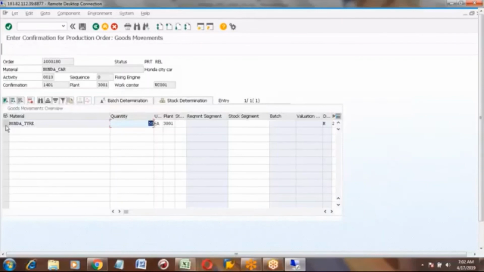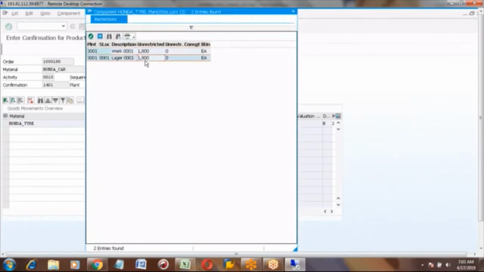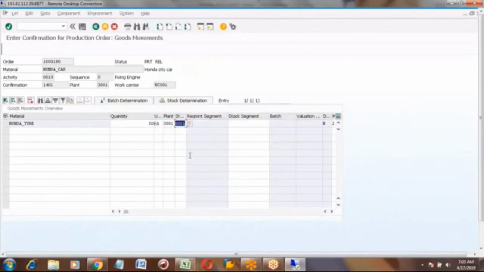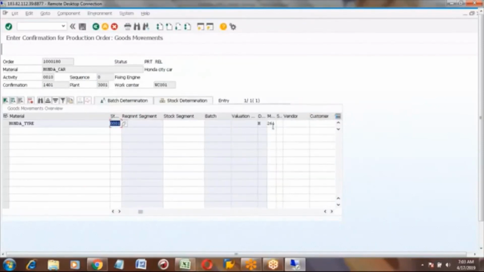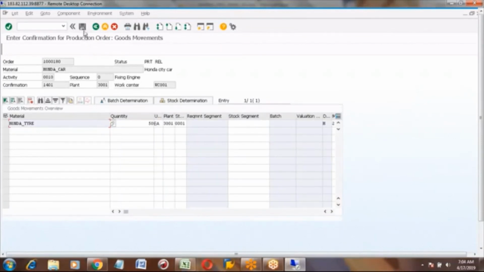Now you can see Honda tire automatically came with quantity, and here you can select the storage location. The existing stock is 1800. On the right side, it shows the movement type also, 261 automatically. Now I am clicking on the save button.